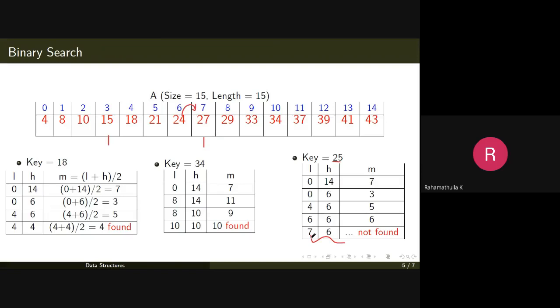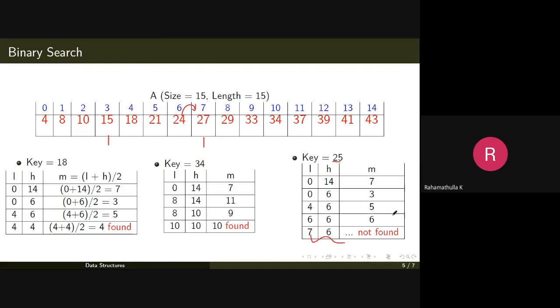Whenever you get a condition like low is greater than high, then you can stop because there is nothing in the right hand side to search, because we have already passed high. So whenever low is greater than high, you can stop and say that the element is not present.